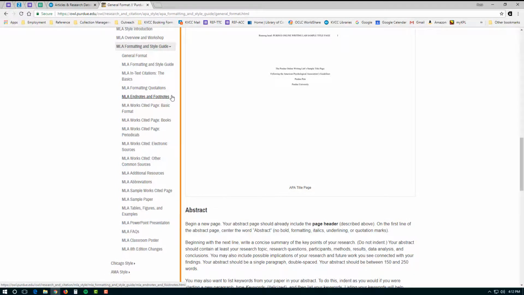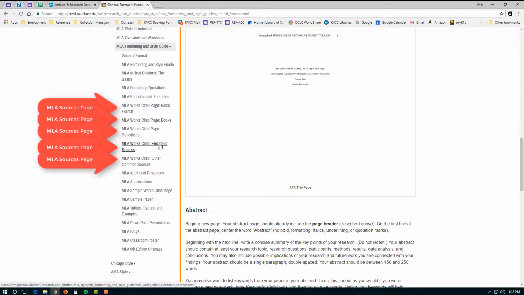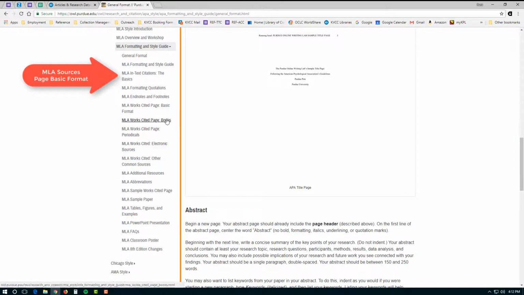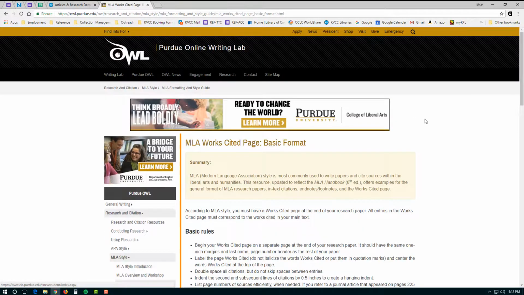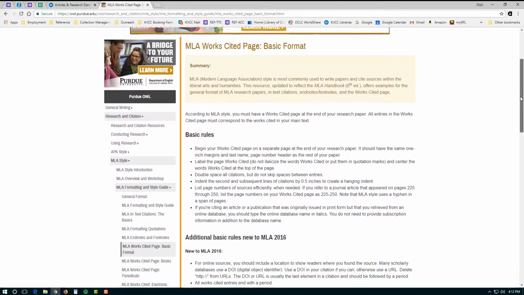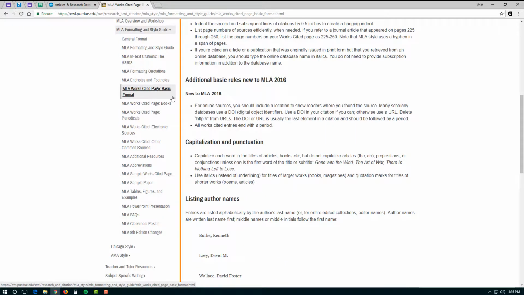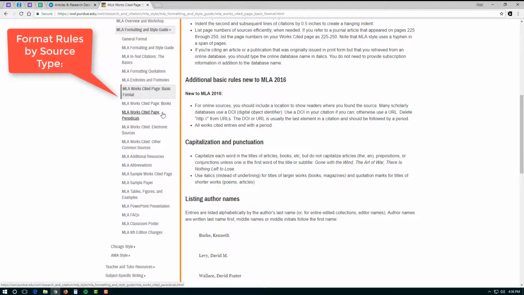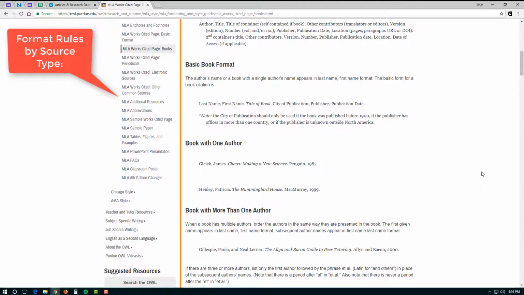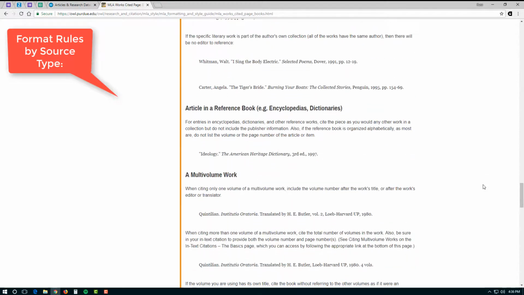The next several pages on the navigation bar are dedicated to your list of full citations. The first page of the References or Works Cited sections of the MLA and APA guides details the basic rules of formatting the list. The remaining pages detail correct format for specific types of sources, such as books, including anthologies and reference sources like encyclopedias,